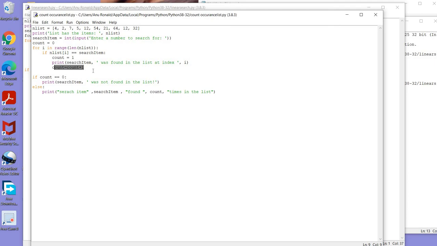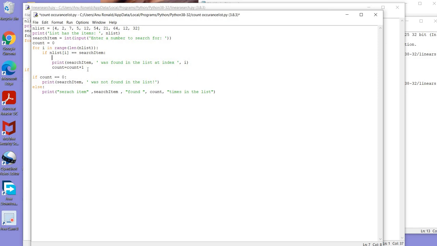Okay, so I removed the break statement and am using an increment with the count. So count equal to count plus 1. If I found that element, I was placing count equal to 1, or you can just avoid that statement here and just use count equal to count plus 1.